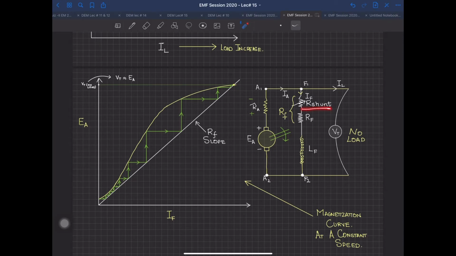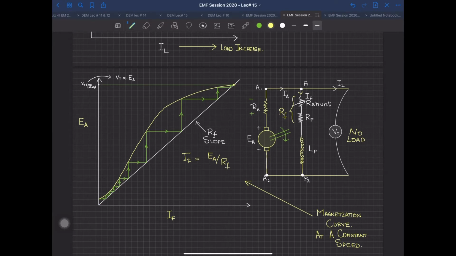Supposing you have made your shunt resistance fixed at some point. On this curve I have EA and IF. We know the magnetization curve, and supposing you have plotted it before. Now based on whatever field resistance you have selected, that is Rf, this Rf will have a voltage corresponding to EA, because when this is at no load, we can say that VT is approximately equal to EA. So the field current IF is going to be equal to EA divided by